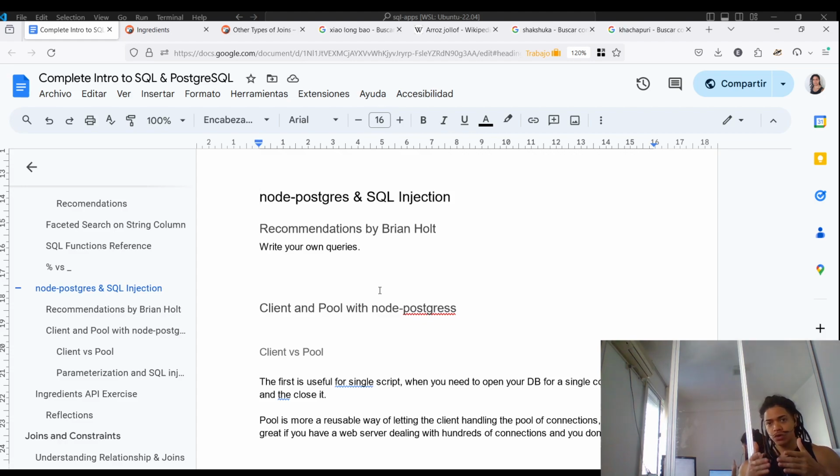So in our case, we're going to use Node Postgres to prevent something called SQL injection. The TLDR is that you shouldn't trust user inputs, because what happens is that the user can try to hijack your application by adding